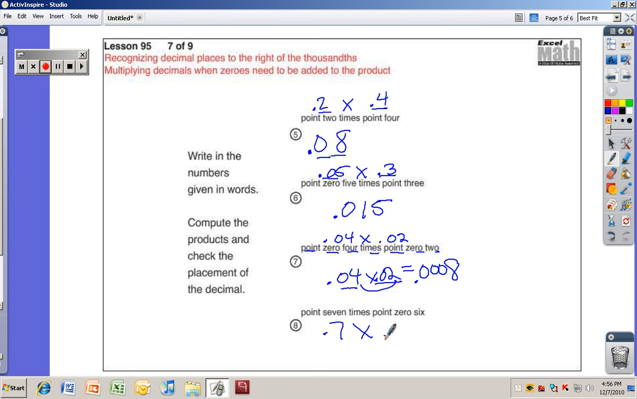Well, 7 times 6 is 42, and there are 3 numbers on the right side of the decimal point, so it's